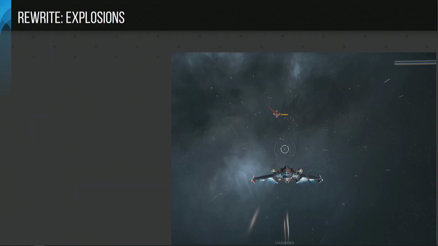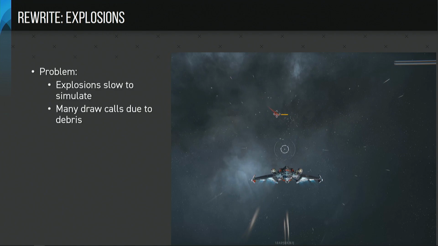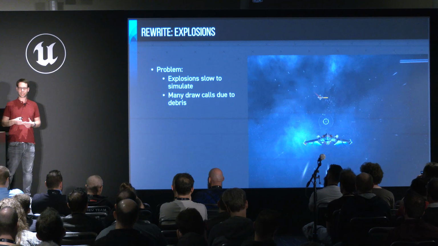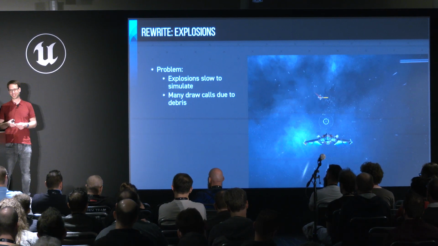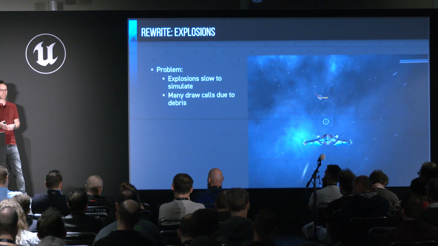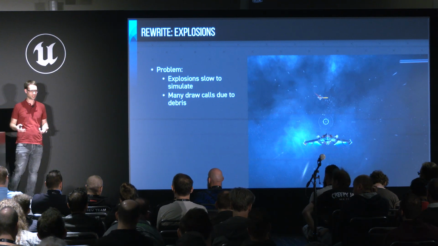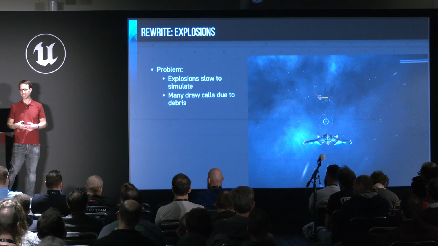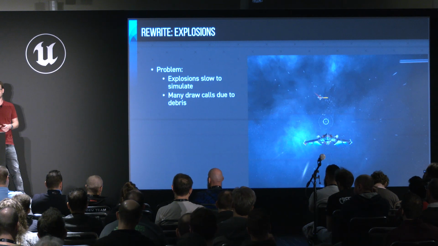Another thing we had to reconsider were the explosions that we had, because for one, they were expensive to simulate, and the other thing was that, because we have these little debris particles in there, which were all one individual draw call, they were expensive to simulate because they were the one thing that was actually using physics in the game. All the rest is just fake, implemented manually by us, basically. So they were actually using physics.